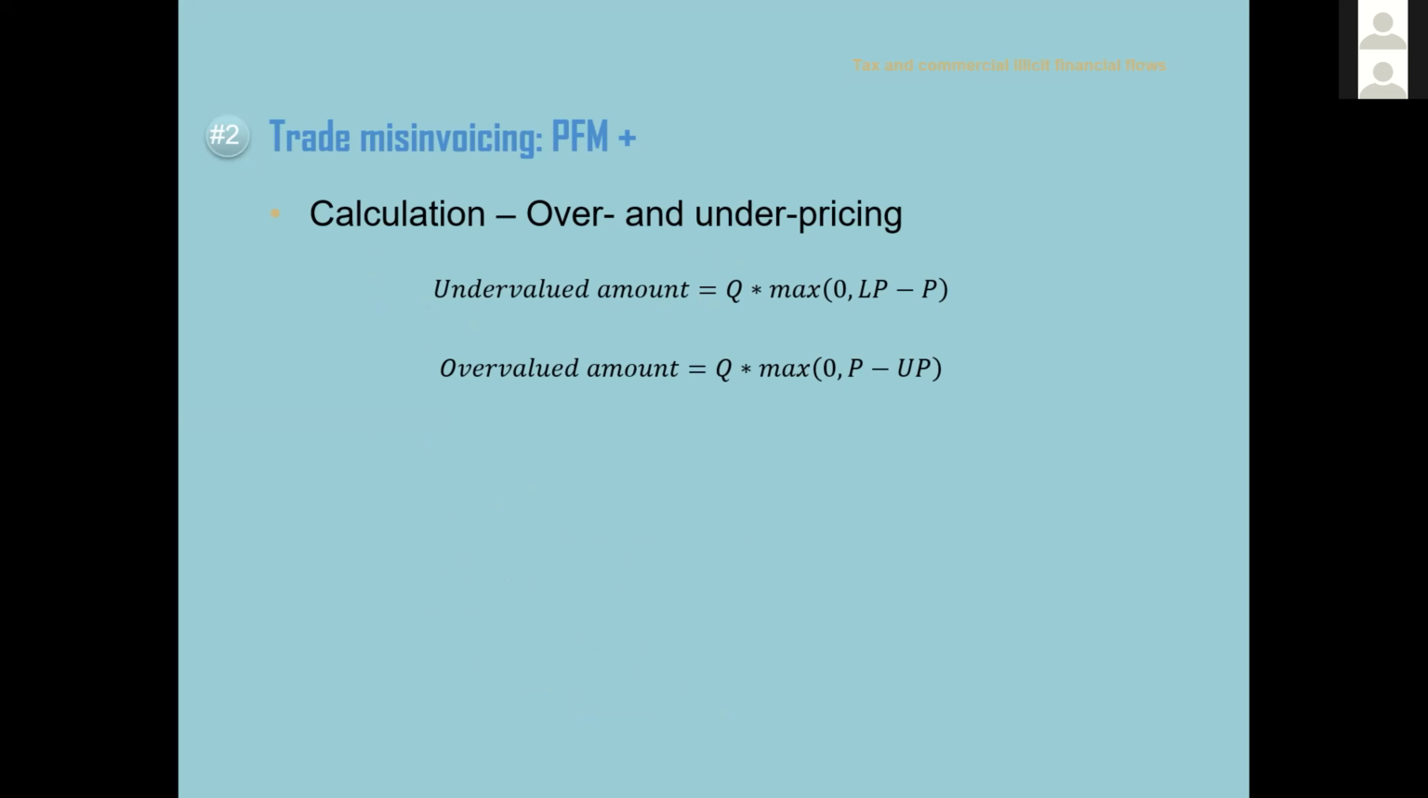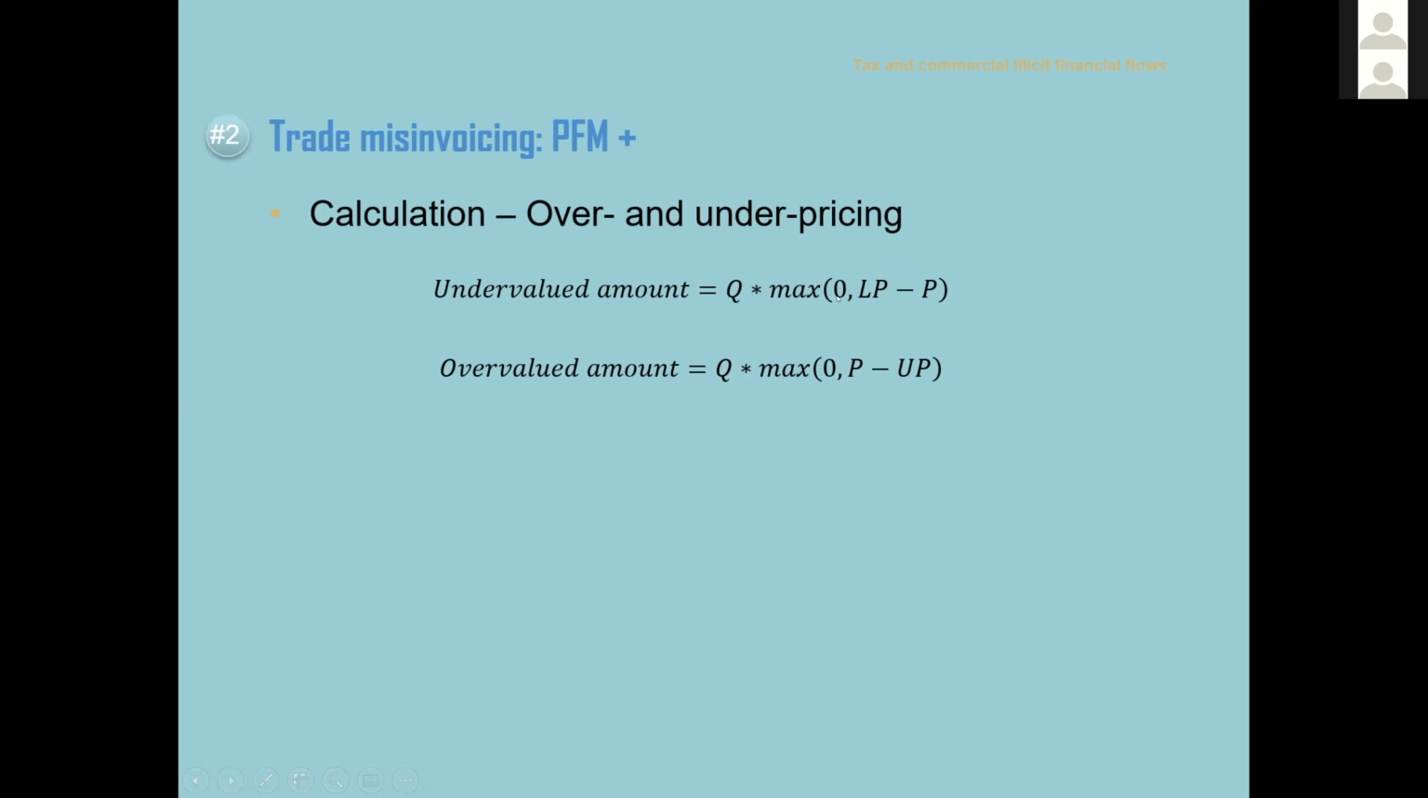Whenever the price, marked here as P, so this is the actual price of a transaction, falls lower than the lower bound price, as in the first line, we have the case of undervalued amount. So let's say that the lower bound price is 5 and our price is 3. This is a lower price, so this is the case of undervaluation. Therefore, we take the maximum of 0 and 5 minus 3. So 0 and 2, the maximum is 2. And we multiply this difference that we have observed by the quantity in that transaction to obtain the